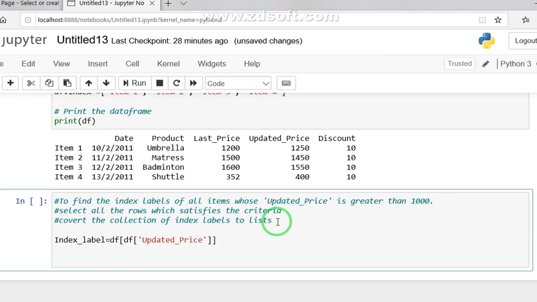Clear? And then in the condition, updated price should be greater than 1000.